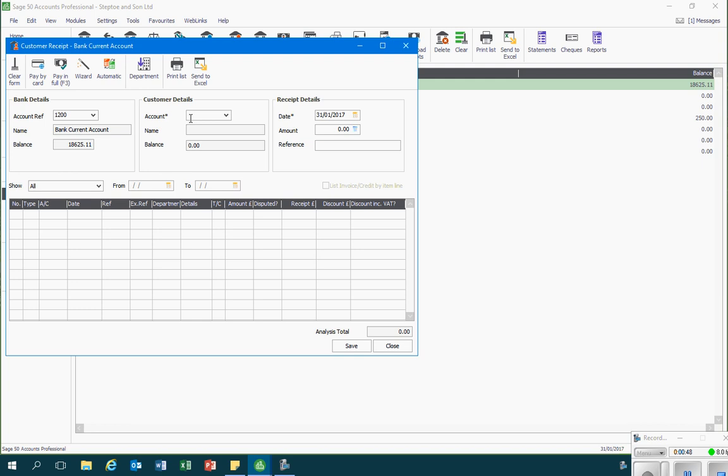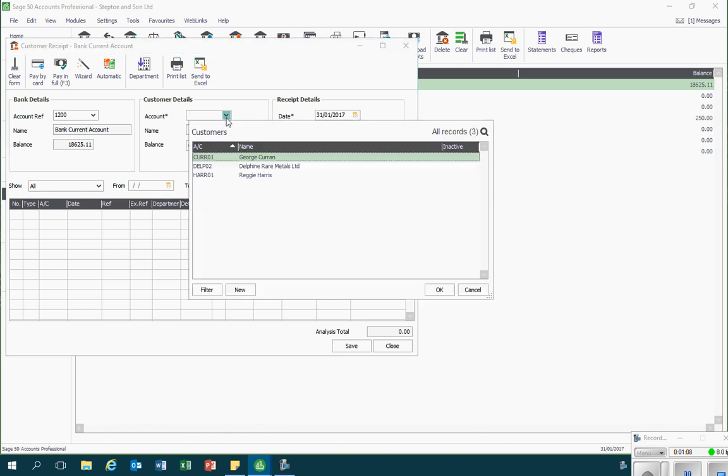This opens up a little window where I can allocate that amount against the right customer account and against the right invoices or credit notes. Over the left hand side I can change the bank account that the money is being paid into by using the drop down list, but I don't need to change that. Then in our customer details section I will record the customer who has paid the money. So let's say that George Curran has paid an amount of